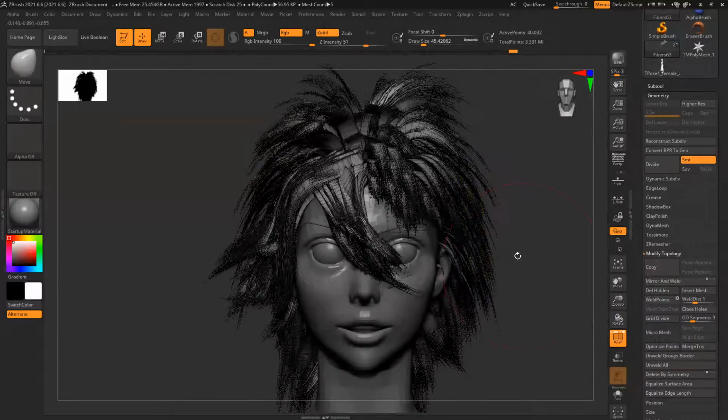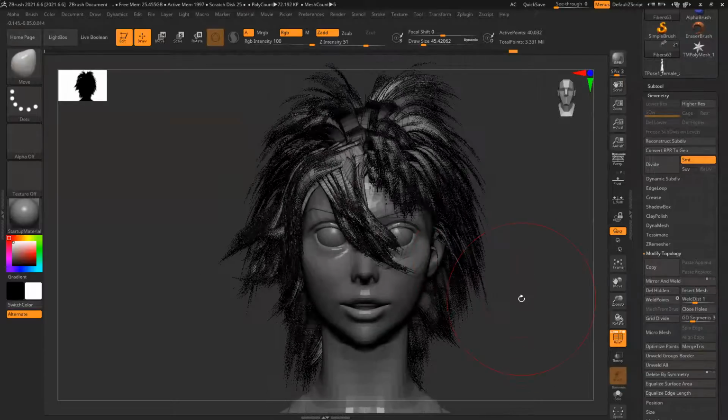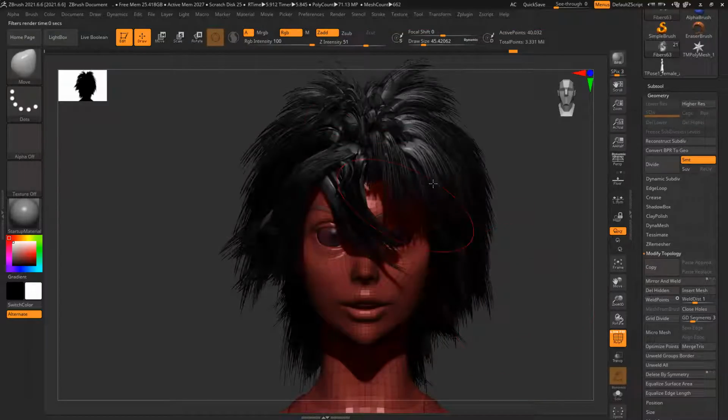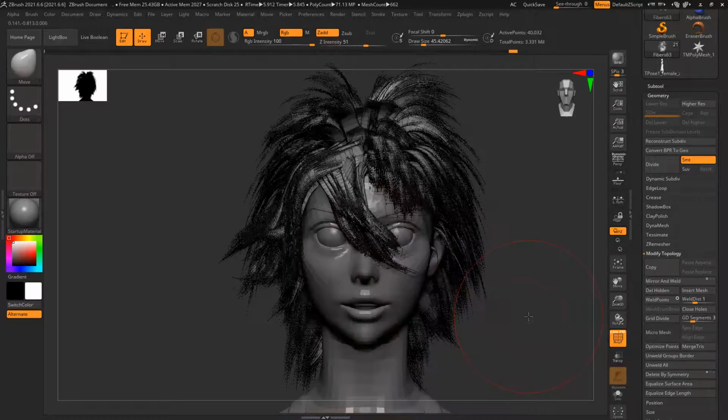Or if you want to check this, you can press Shift R and check the render also, how it looks and all. You can see it generating all this here, but this is a ZBrush render. It's nothing to do with the Maya, so it will look entirely different in Maya. So you just have to create all these planes, and texture is just a random texture. So I have to create a proper texture for this, and we can generate this entire thing and check everything.